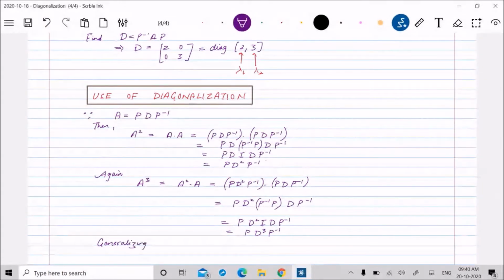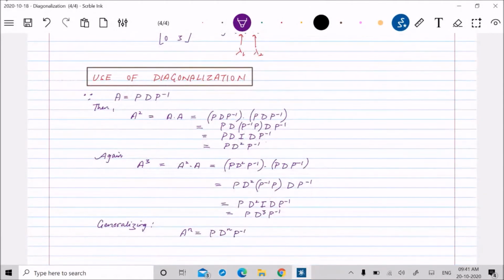Generalizing this fact, if you find the power of A, like A to the power n, then it goes only on the power of D, and that is a very beautiful thing, and that gives you hope to find the square root of a matrix. It means that if n is equal to half, then D to the n, here n will be equal to half. N can be any number, and finding the square root of a diagonal matrix is very easy, because